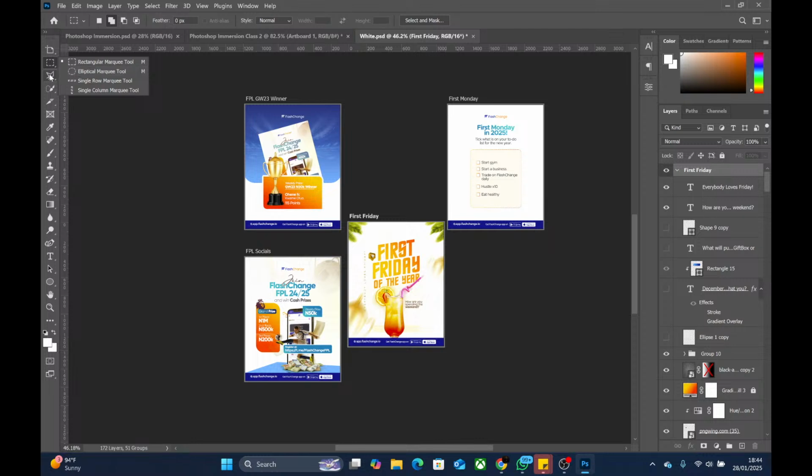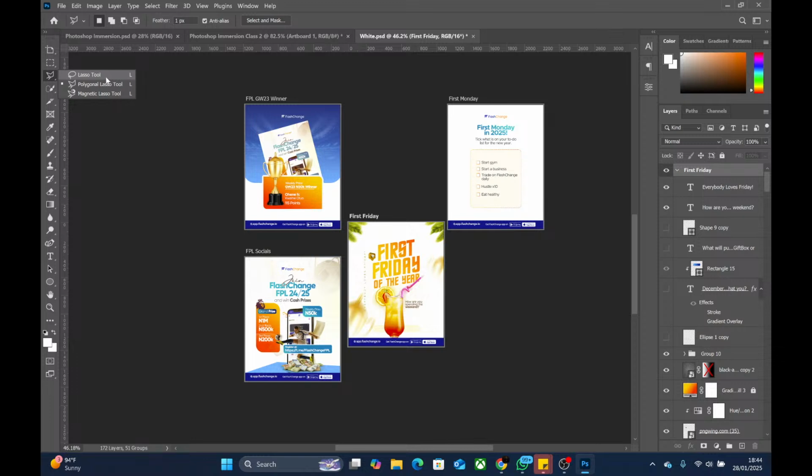If you come to the third one, I right click, it is L. L is the shortcut for the lasso tool, the polygonal lasso tool, then the magnetic lasso tool. It is always the same letter for each collection. So the first thing that we learned is that you either click and hold to see the collection, or you right click, you see the collection.